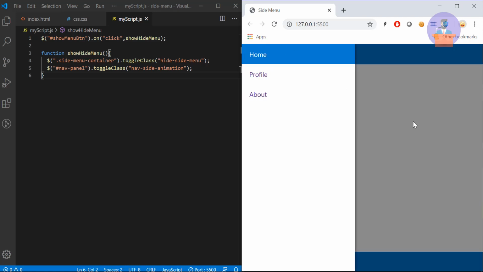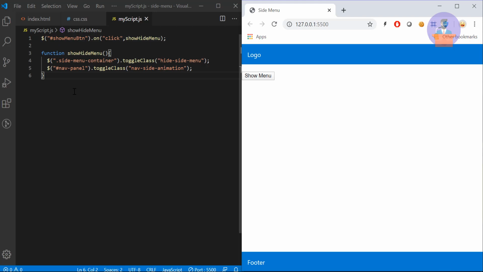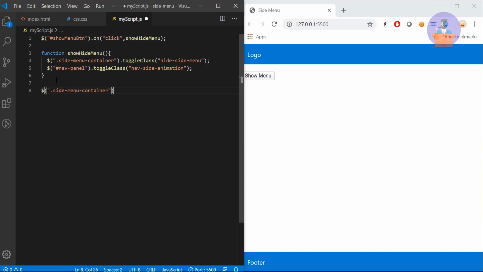Okay, now we need to provide one more click event to this black background. Whenever we click on this, it should be closed. Okay, so for that I will use this one only. We need to provide a listener to this main container. So I will paste it over here, and I will provide on and add a click listener and call this function whenever the user clicks on that background.